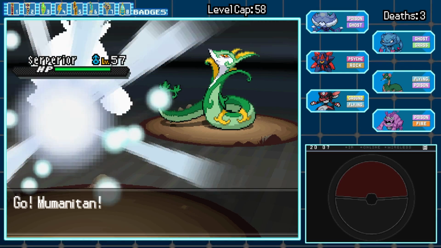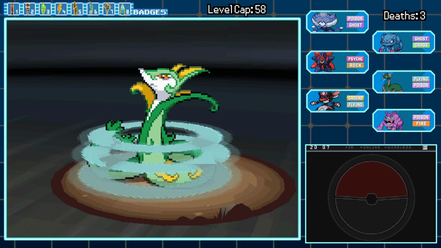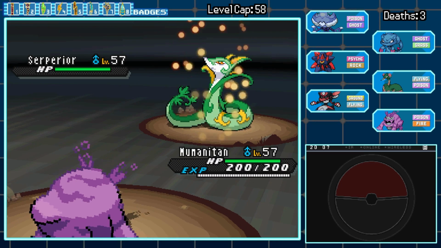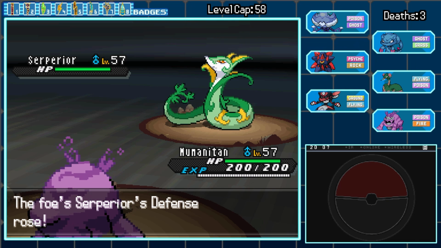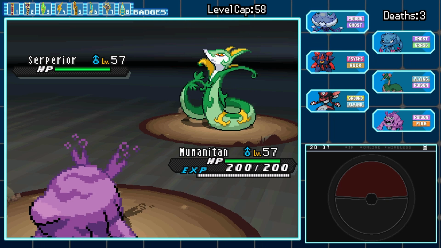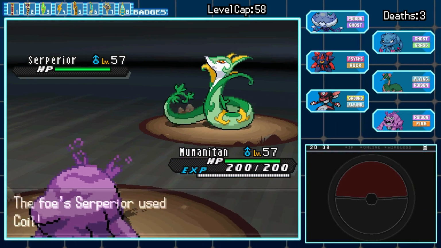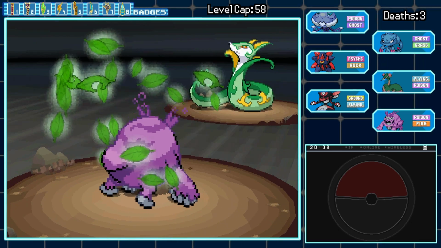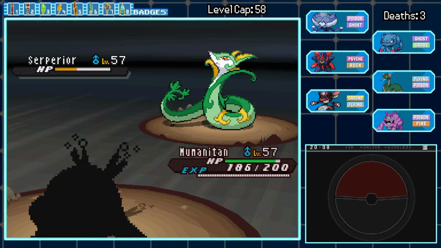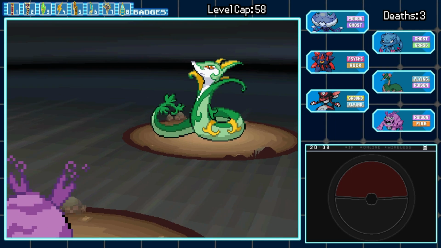again, I quickly send in Mumanitan to fulfill its sole purpose for currently being on the team. Just like I feared, the first Coil has now been used. Then as I go for a Fire Punch, a second Coil is also used. Though after a reminder of how little damage a Pokemon can do against a double resist, even with boosts in